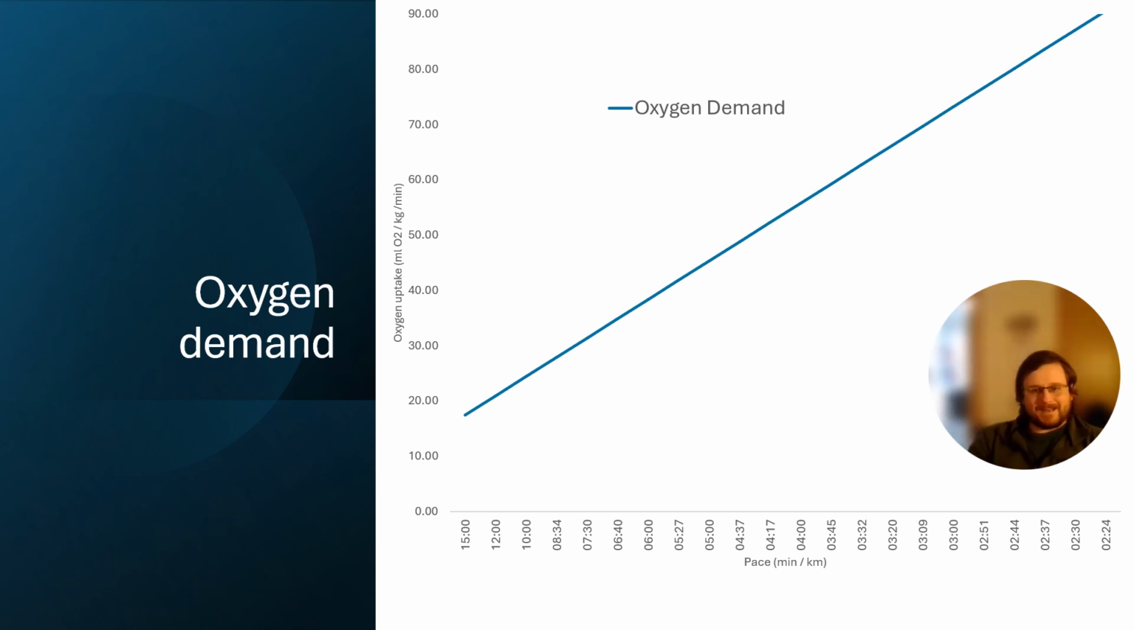This is a theoretical calculated demand of oxygen. So this is how much oxygen is theoretically needed for each of these velocities. This is milliliters of oxygen per kilogram per minute on the left hand side, with minutes per kilometer on the x-axis. And this is basically the calculated demand